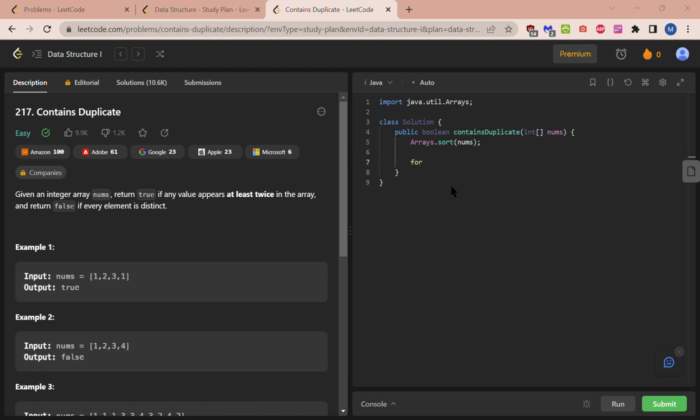Alright, so we're going to make a for loop. We're going to have to cycle through the array, and we're going to be comparing as we go through the array. So for int